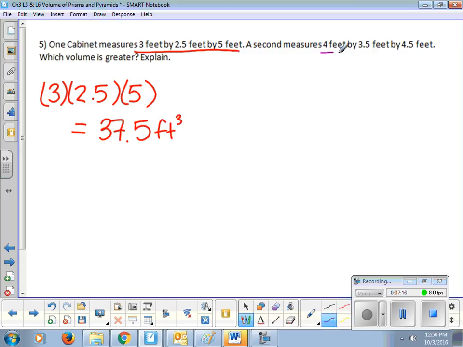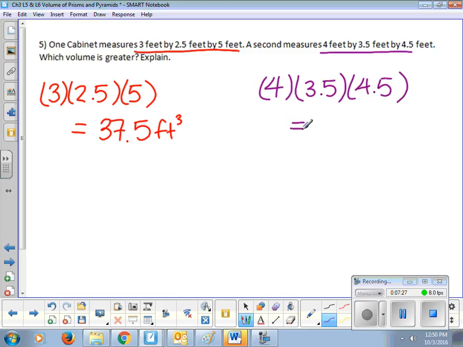For our other cabinet, we have 4 by 3.5 by 4.5. So we're going to multiply those three values. 4 times 3.5 times 4.5 gives us 63 feet squared. So we know that the second cabinet is bigger because it has a greater